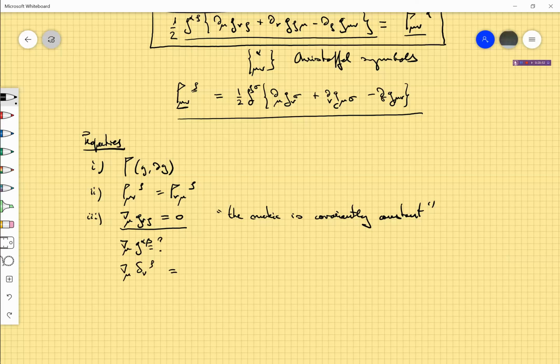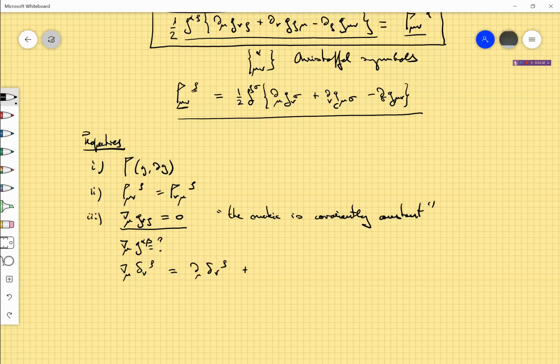It is a tensor that you can check is always a delta in any coordinate system, because you multiply with a Jacobian from one side and an inverse Jacobian, and they always give you another delta. So this tensor is literally constant in any coordinate system. Let's see what the covariant derivative is. By definition,